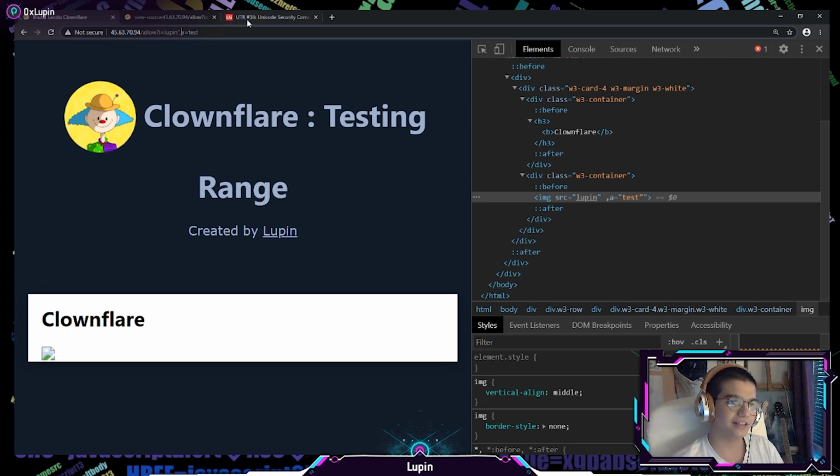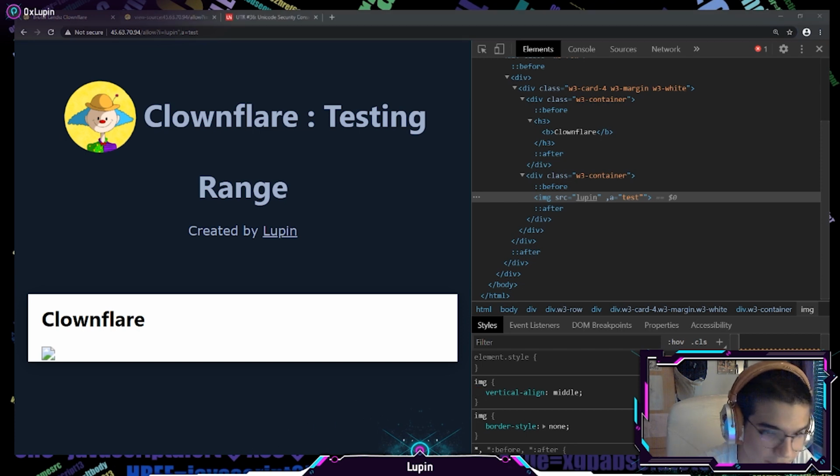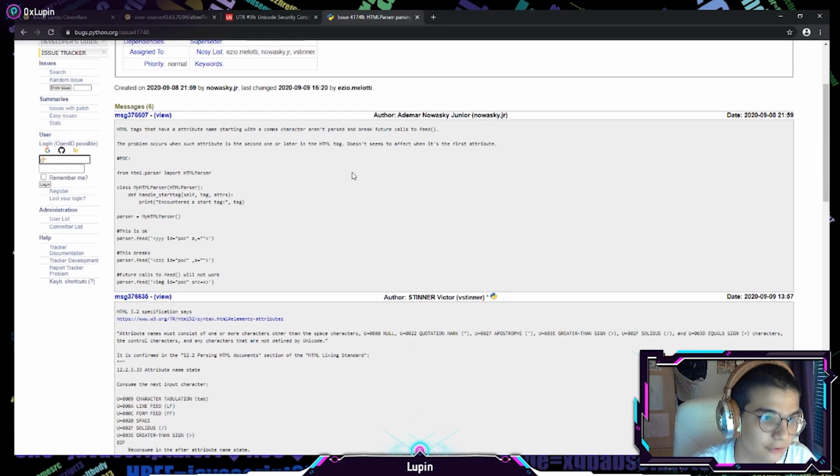Actually, that comma trick is from a challenge where someone used the same web application firewall that I created, and found the comma trick. What's happening on the parser side is that the comma becomes a separator of attributes, but that's just weird. The person that found the trick is called Nowaski, and he's an amazing XSSer, and he created a bug report on the library that I'm using,